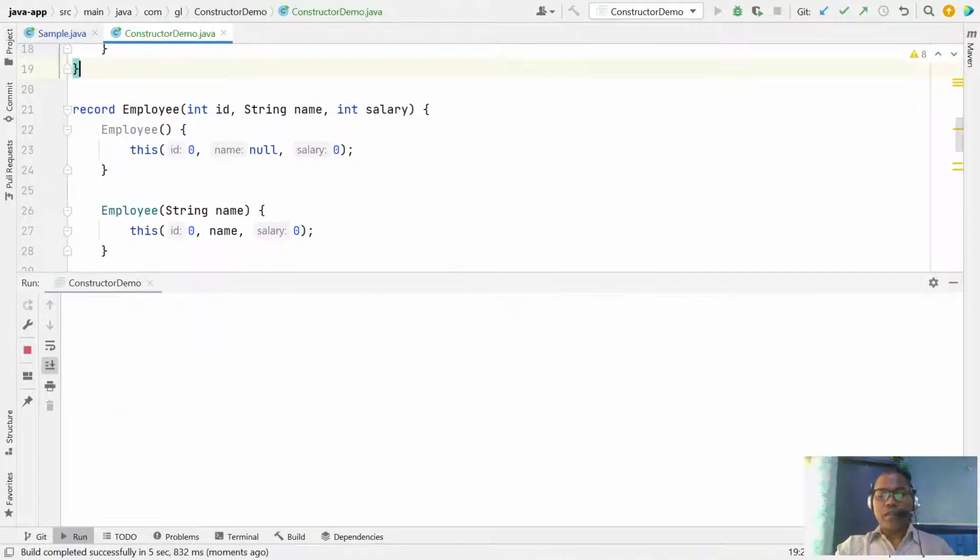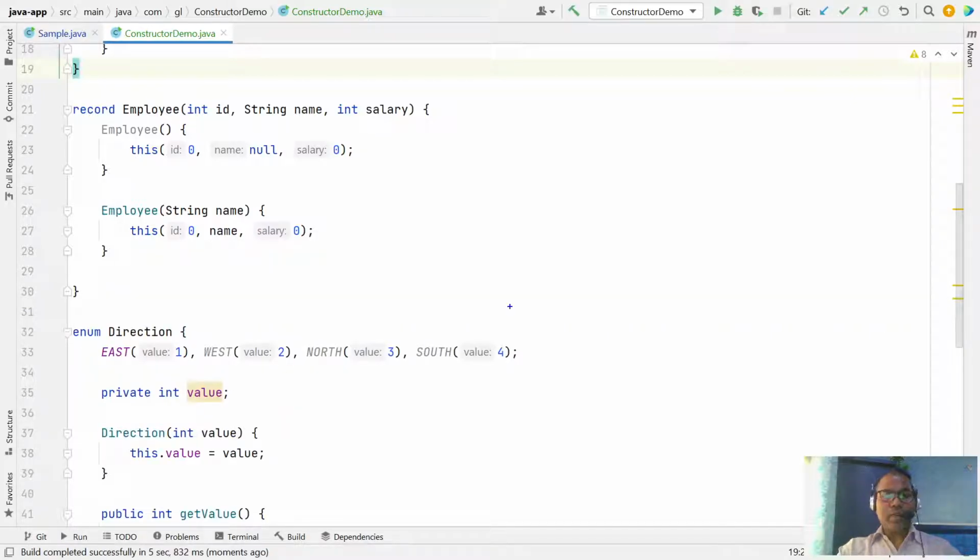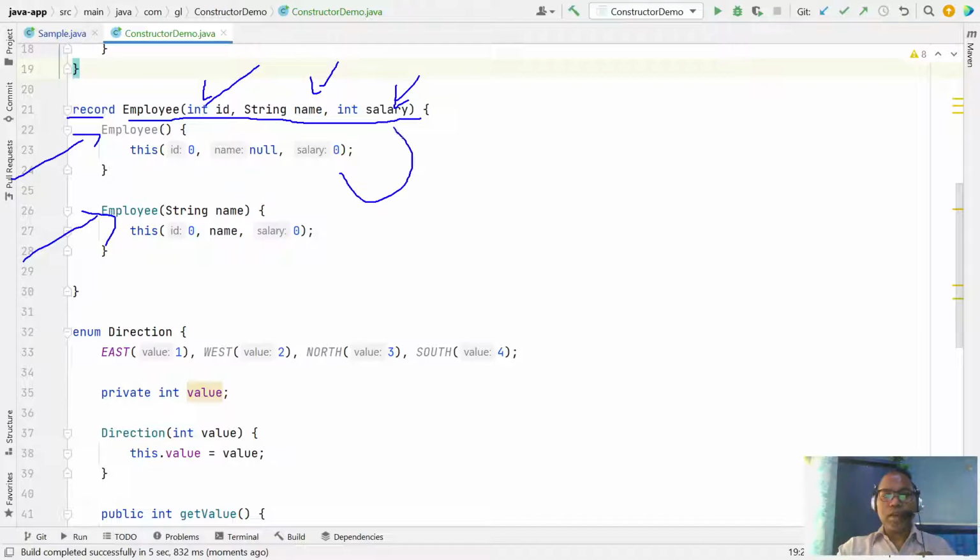So generally in record classes we avoid creating constructors, because the meaning of a record class is that whenever you create any employee you have to specify all the fields. These are the only fields. So whenever you add any constructor, like a default constructor or a 1-argument constructor, the compiler expects you to invoke the primary constructor, right?